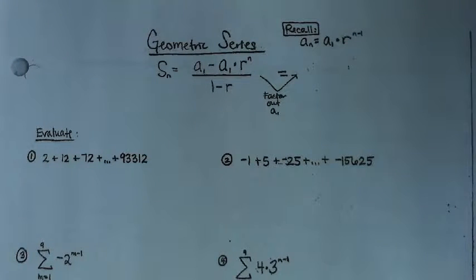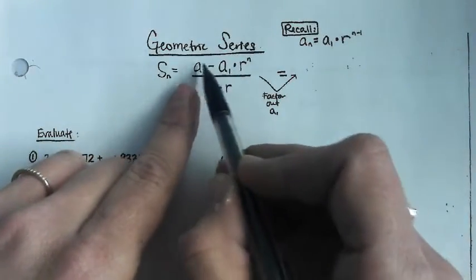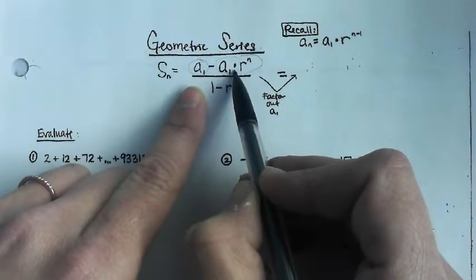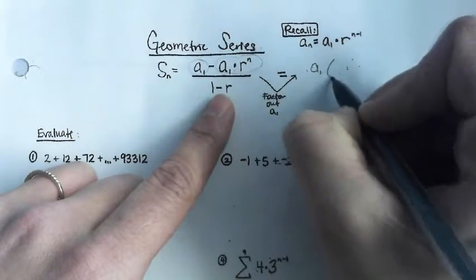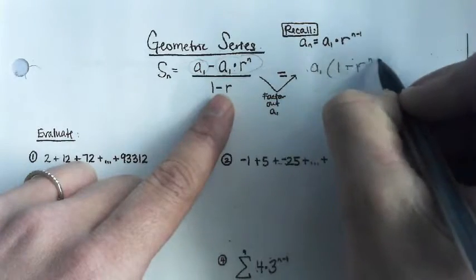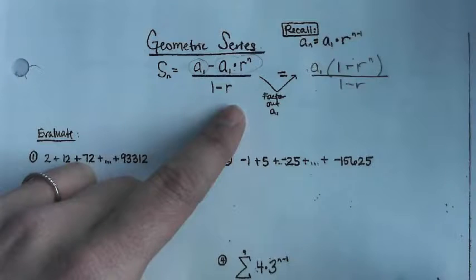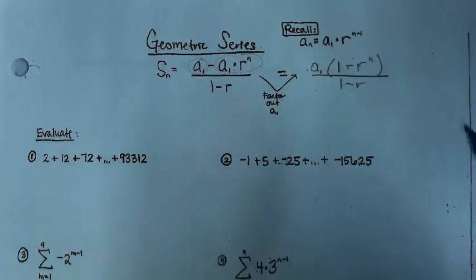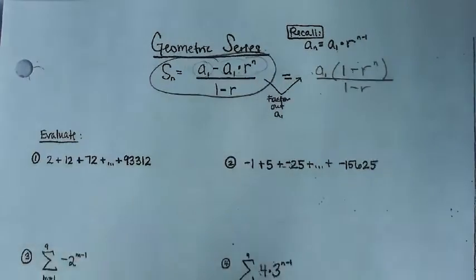So sometimes you could see this. Do you see how both of these terms, here's the first term in the numerator, here's the second term, both have a sub 1? In some textbooks, that a sub 1 will be factored out, which may be useful if you're looking for your first term. You may have to factor out that a sub 1. But this is the formula the Regents sheet gives you, so we'll use that